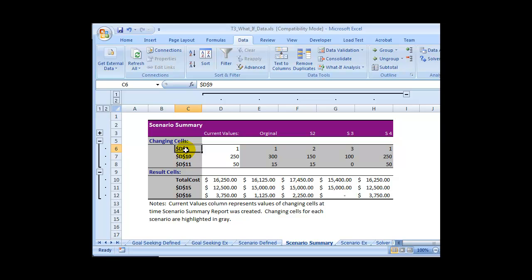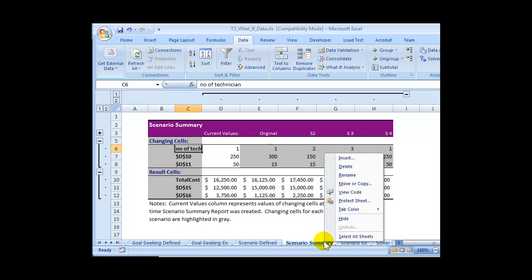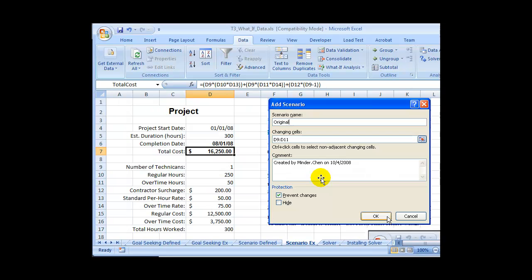You may find out that the changing cells and the result cell are listed here using the absolute cell reference, row and column, but it's not very meaningful. So certainly you can add a label here, like say this is the number of technicians. However, there's another way to do it, which is you get rid of this, delete this scenario summary for now,